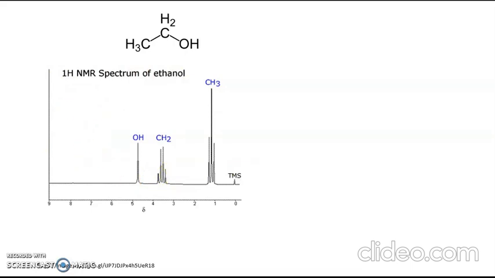Now we are going to apply the rule. First we can see there are 3 different signals. Surely it contains 3 different protons. These groups are all in different chemical environments, and the chemical environment of CH3 is different from CH2, which is different from OH. We only consider the nearest neighbor, the adjacent carbon group only,